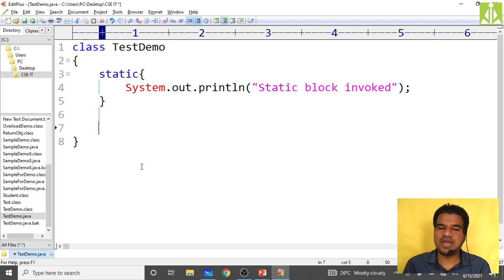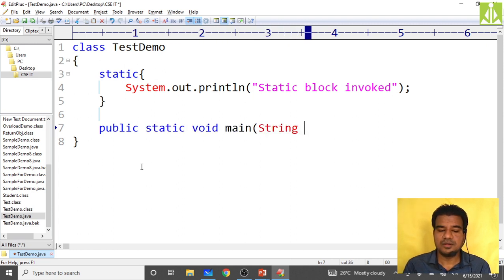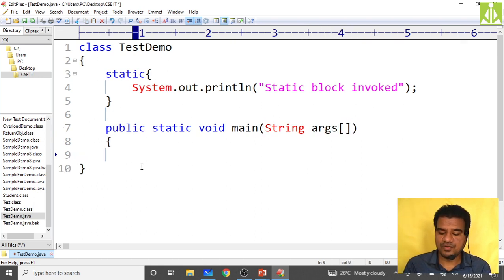After this I'm writing my PSVM, public static void main of String args, like this. Within this I need to put another statement just to have clarity over here.